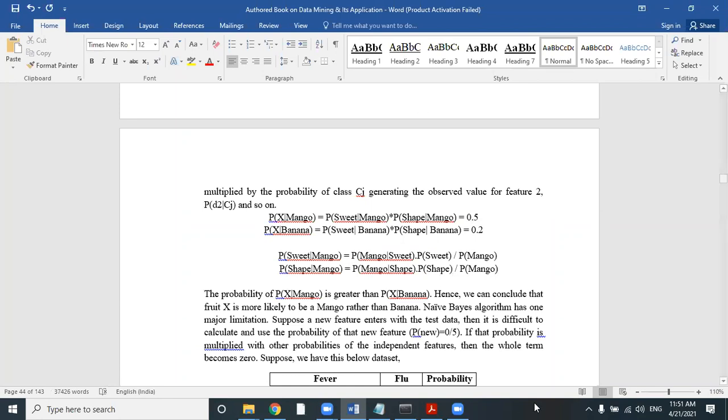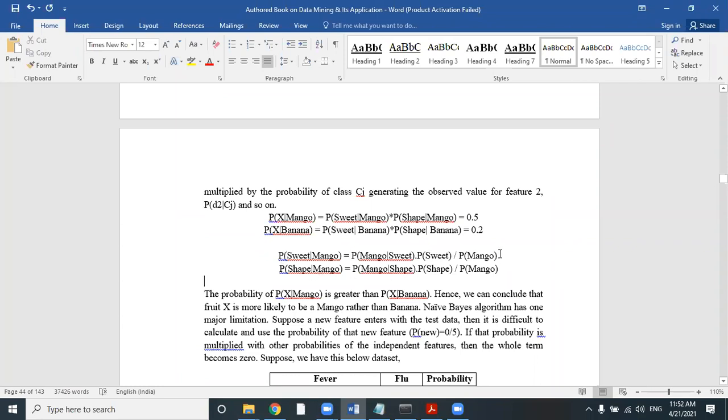So in this way, we'll calculate the individual probability of the individual features. That's why this is called naive. Why is it naive? Look, there is no effect on each other. These probabilities are calculated totally independently of each other. That's why this entire classification is called naive Bayes classification. And we are using Bayes theorem everywhere, as you are seeing.